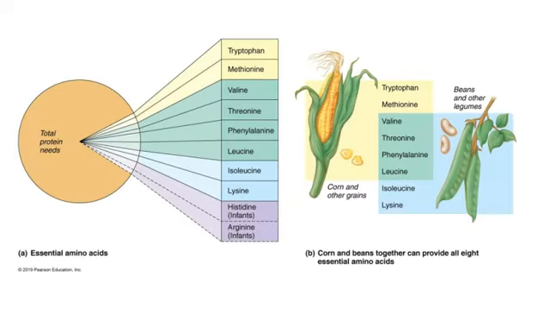So the body uses 20 amino acids in the creation of all of its proteins. And of those 20 amino acids, 8 of them are referred to as the essential amino acids. If one of these essential amino acids is missing, the protein that requires that amino acid cannot be made at that time. Notice that the essential amino acids are only a small part of the total dietary protein that's required each day, which is represented by the circular diagram on the left. Don't worry about the names of the essential amino acids here, just understand that in total there are 8